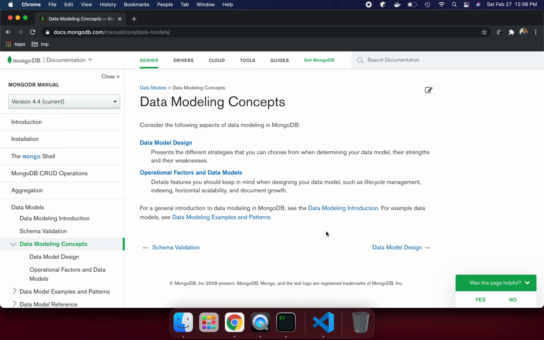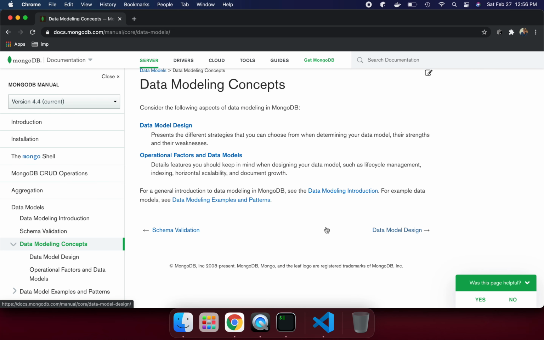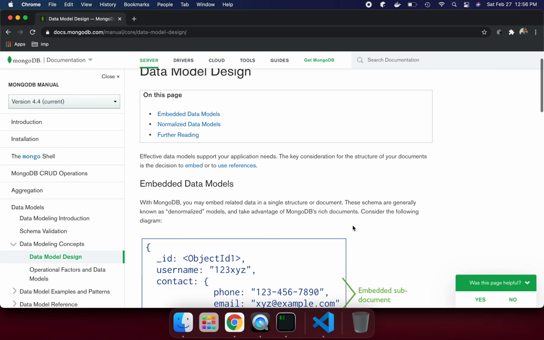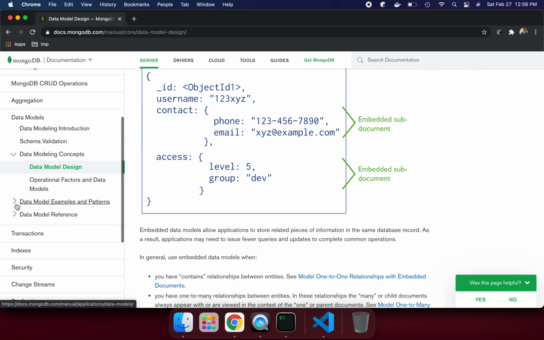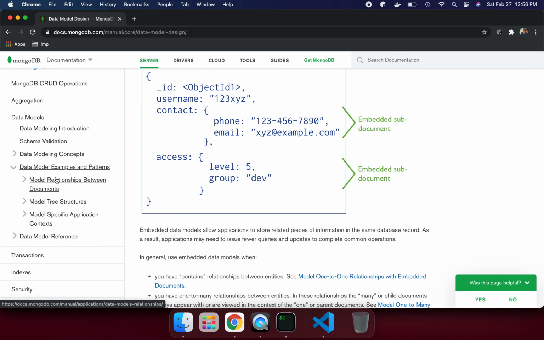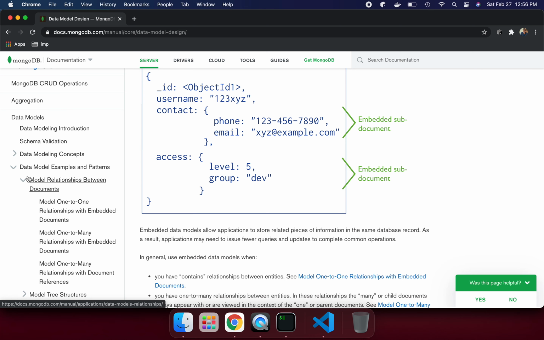So, data model concepts, basically. The data model design presents different strategies you can choose from when determining your data model, with their strengths and weaknesses. So let me go to model relations.